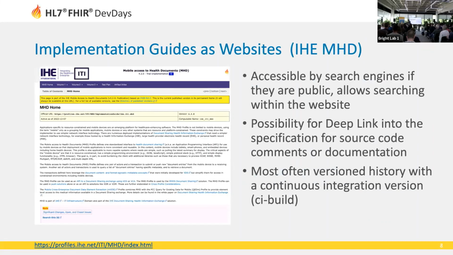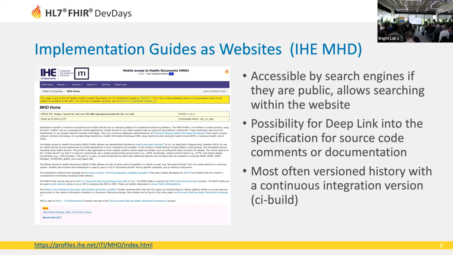And such an implementation guide can look like this. There are different layouts, different things. If they are published as a website, this allows searching, so no more searching in PDF or Word documents. You can directly search it with the search engine. It also allows you to refer to text, examples or descriptions directly in the IG. So if it's published, I can enhance my code or even refer to the documentation at specific parts